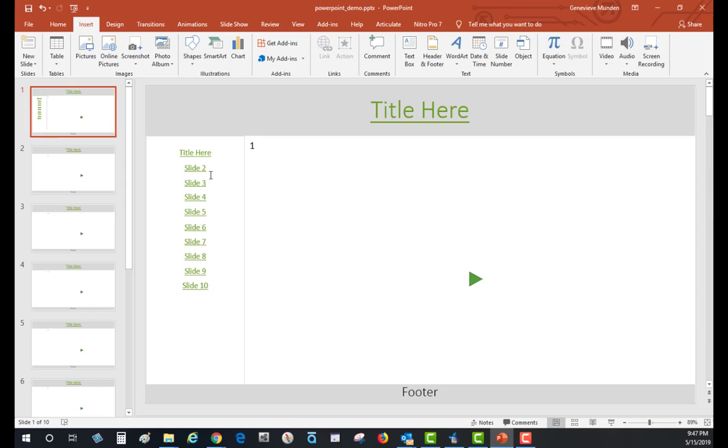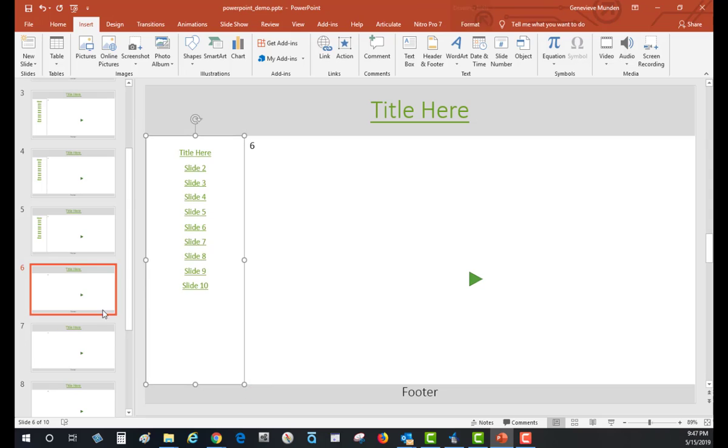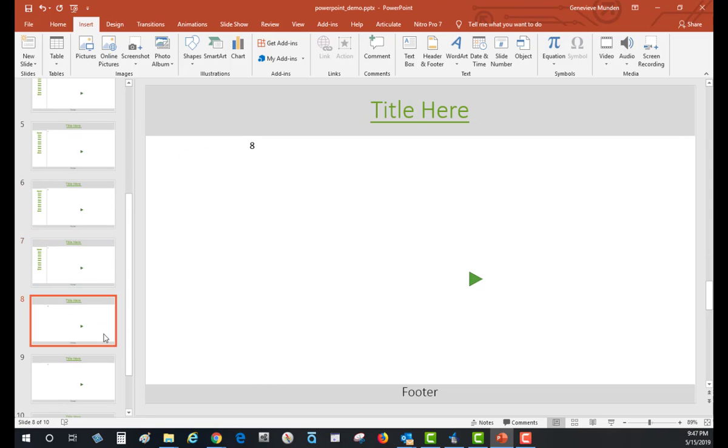Once I have my links in here the way I want them to be, then I'm going to click, copy, paste, paste, paste, paste, paste, all the way down,